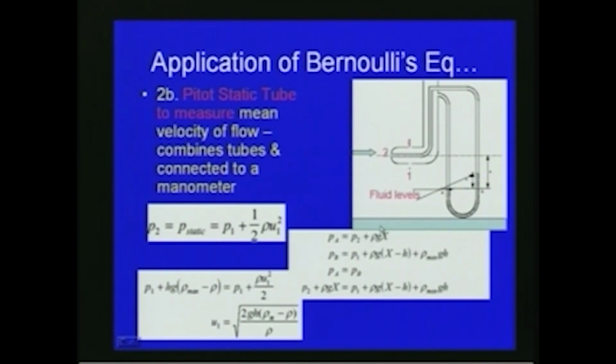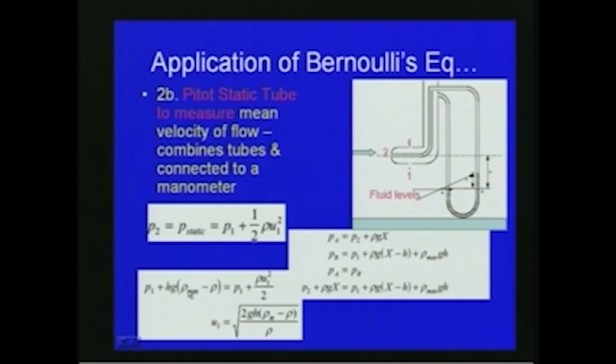So with respect to the conditions, PA is equal to PB, so we can equate both equations, so that P2 plus rho g x is equal to P1 plus rho g into x minus h plus rho manometer into g h, manometer liquid density into g h. So now if we use this relationship in the previous equation, we can write P1 plus rho Hg into rho manometer minus rho is equal to P1 plus rho U1 square by 2. So now with respect to this we can find P2 with respect to this equation, and then we can substitute